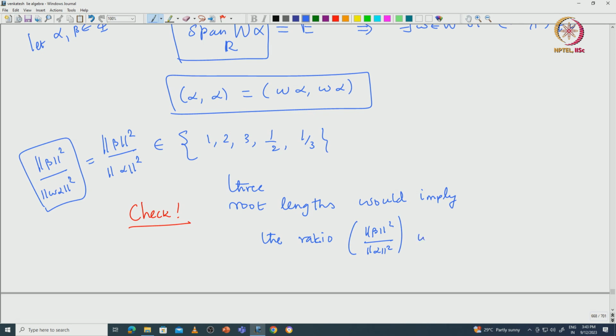The ratio would imply that the ratio will take the form 3 by 2,